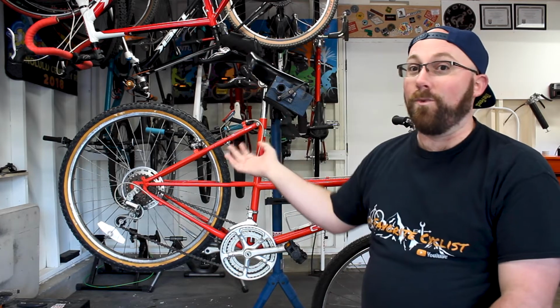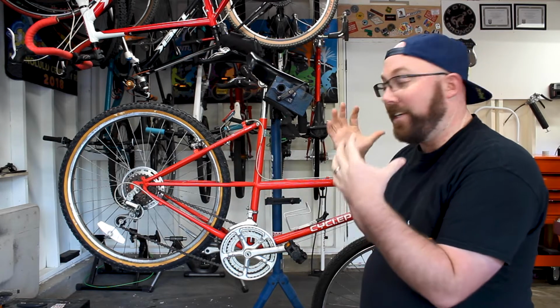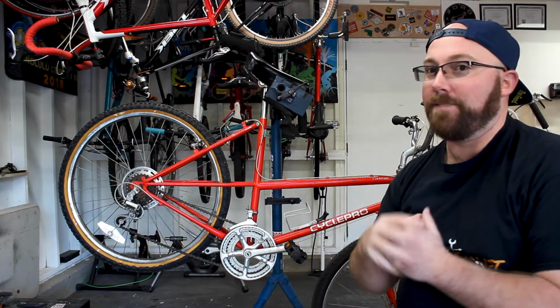However, back then, this worked very well. This was one of the better ways to have braking back then without having to change too much on the bike. So let's move on to one of the things you'll notice on modern mountain bikes makes a big difference,